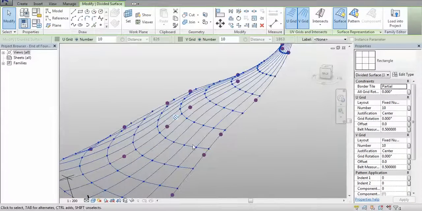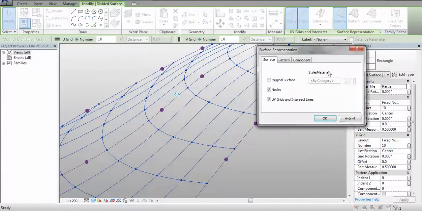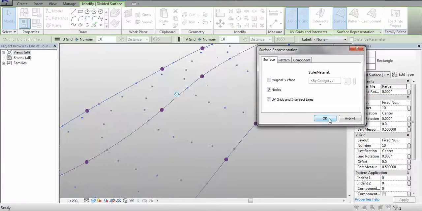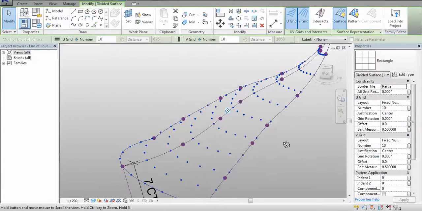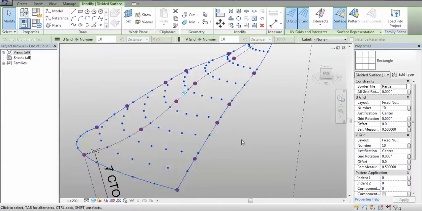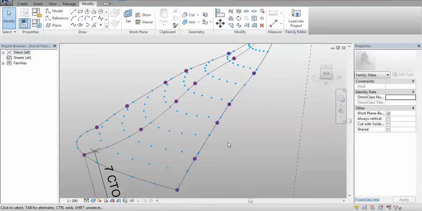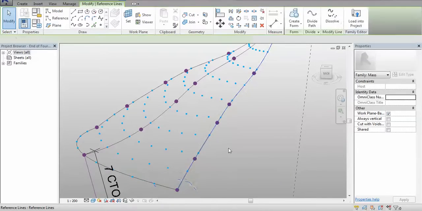So here it is. Here's our pattern. We can also take away the actual grid lines, so we just have the points. If we go into the surface representation again and untick UV grids and intersect lines, there we are. That gives us just the guiding pieces that we can use. The guide doesn't actually give us a geometry,